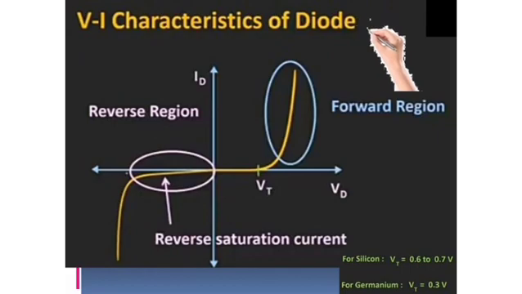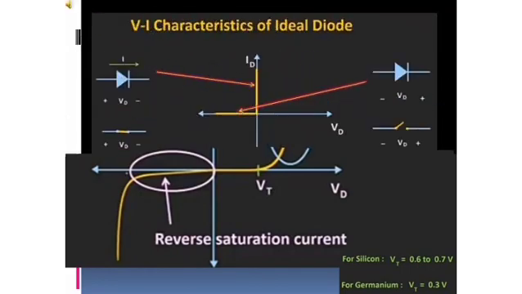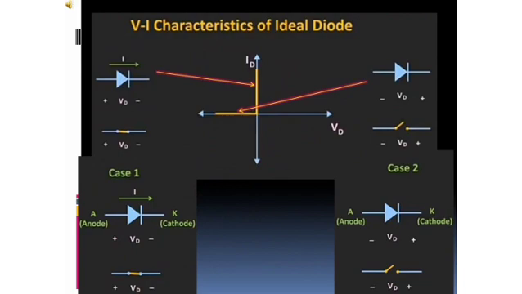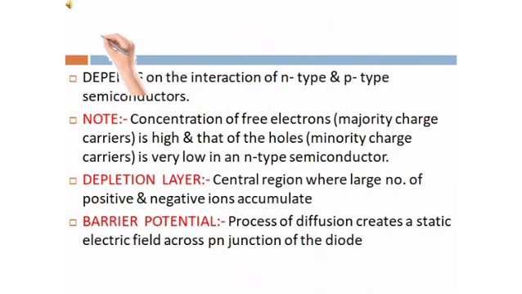Consider the diode as ideal and let's consider its IV graph. Now when the voltage applied is positive, we can see how it is forward biased, and when it is negative, then also we can see the reverse current on the graph. Here VT is your threshold voltage. So now let's see how a diode works.